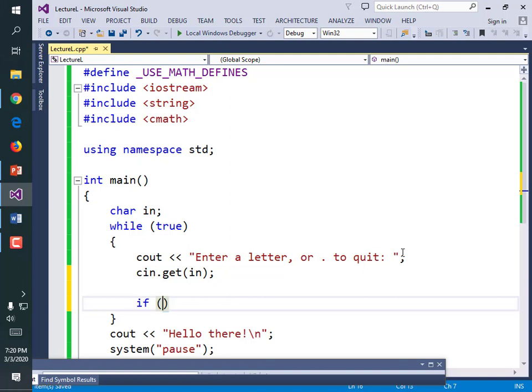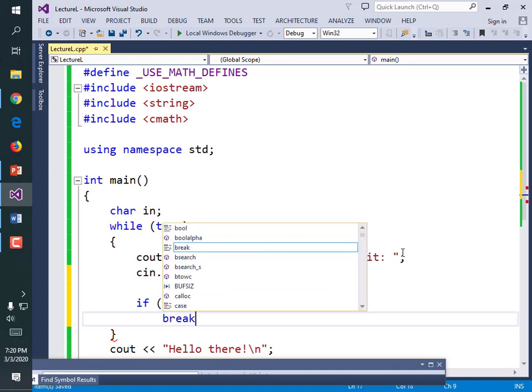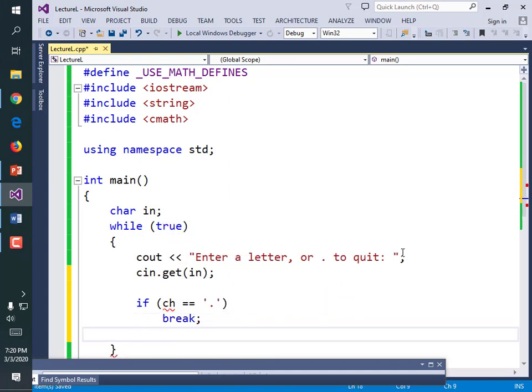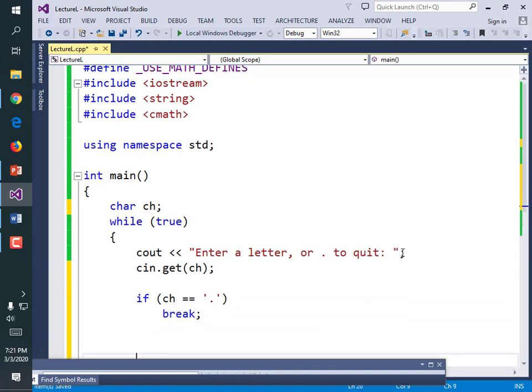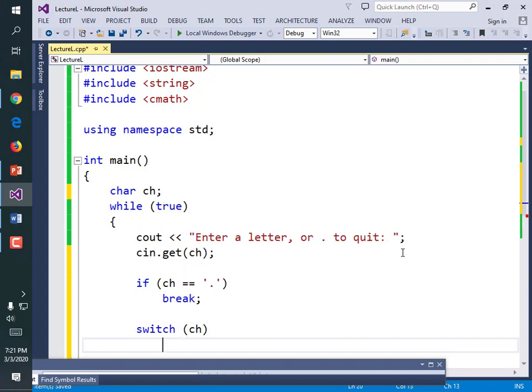So if (ch == '.'), with single quotes because it's a character, break, because we're done. And it's not called ch, it's called in. Tell you what, that's going to drive me nuts. I'm going to change in to ch, just because that's burned in my brain better, so I'm going to have to change it everywhere I've used it. char ch; cin.get(ch); if ch is equal to a period, break, and then we can set up our switch. switch (ch);